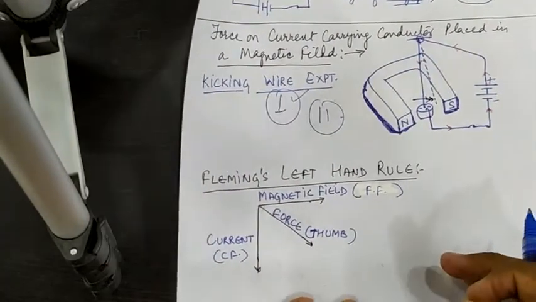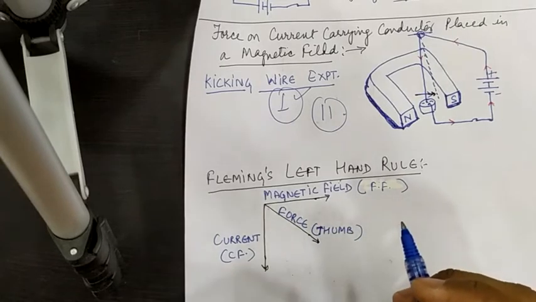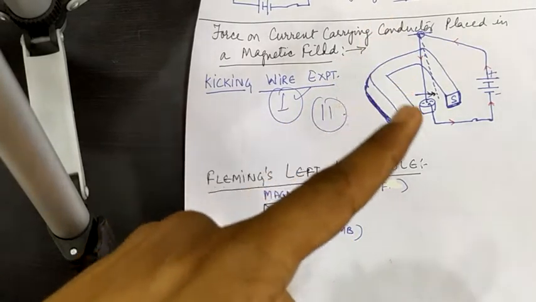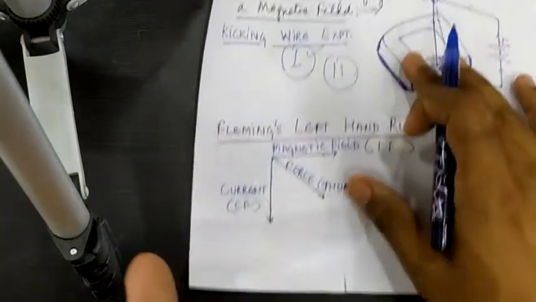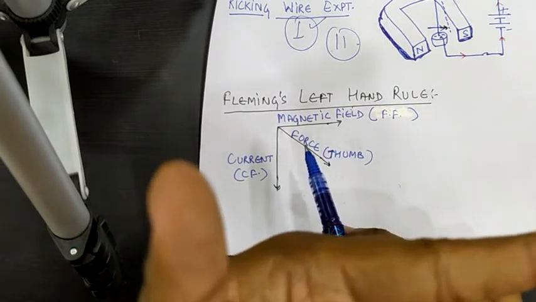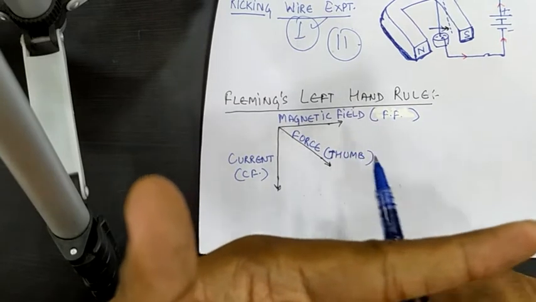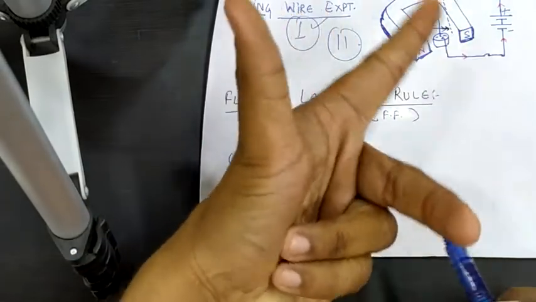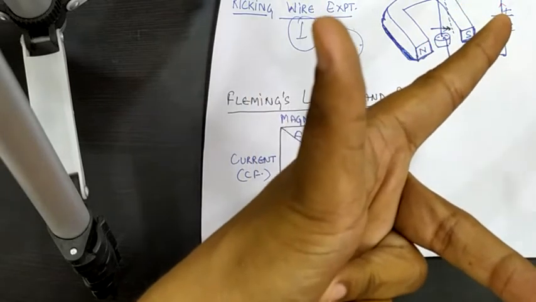To give the direction in this concept, we have Fleming's left hand rule, in which we hold the forefinger of the left hand. This is my left hand. So just see what is happening here. Fleming's left hand rule: hold the forefinger, the center finger and the thumb of your left hand at right angles to one another. It should be right angles. As you can see, this is right angles. It is the left hand, obviously.